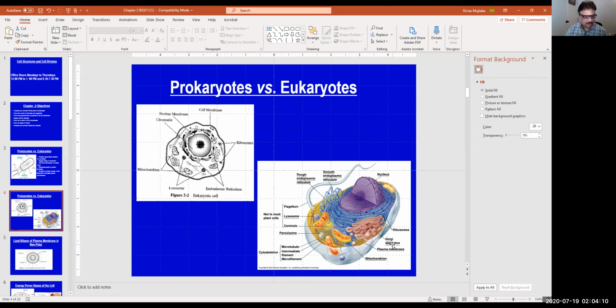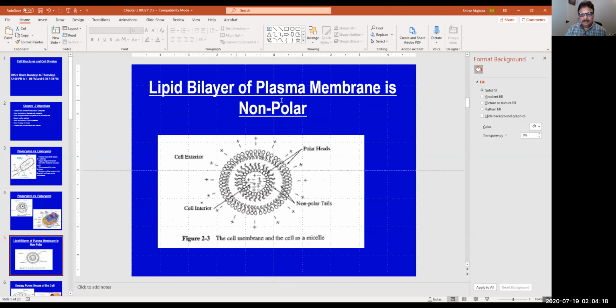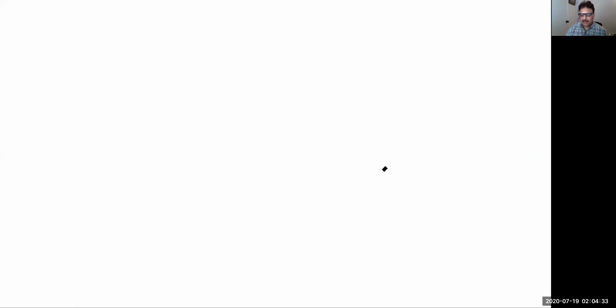Okay, so this is the basic cellular knowledge of structure. Now let's go into the organization of the plasma membrane, right? So a plasma membrane is essentially made up of lipid particles, and a lipid particle is made up of a globular head, and they have a